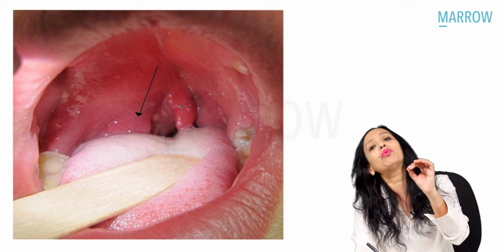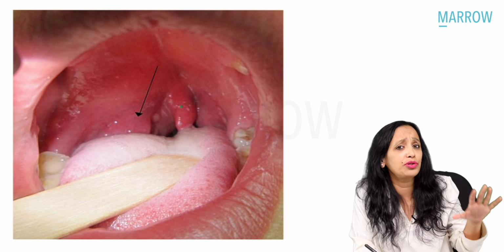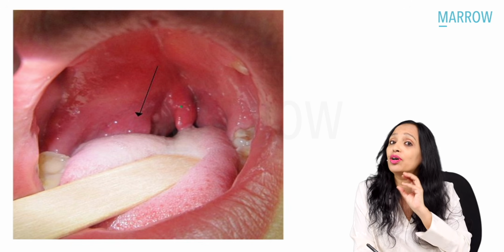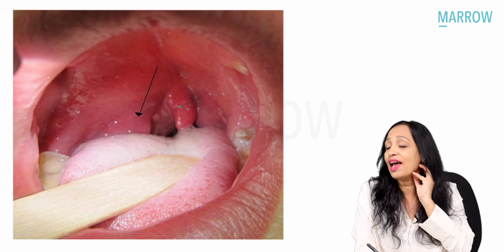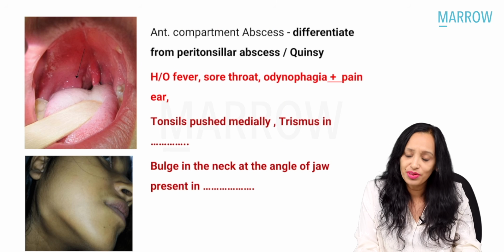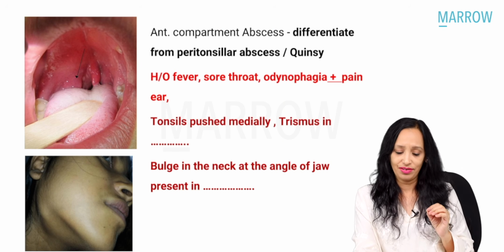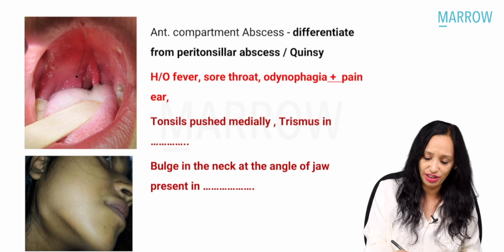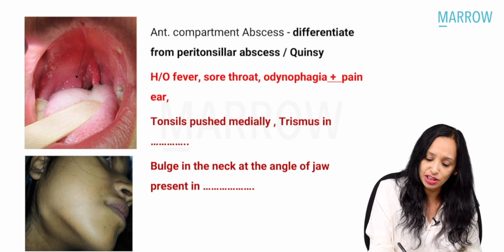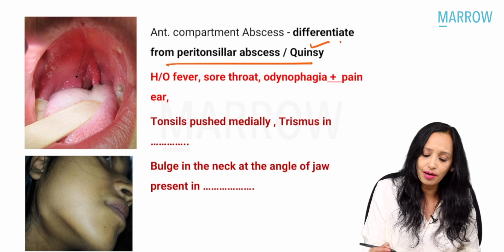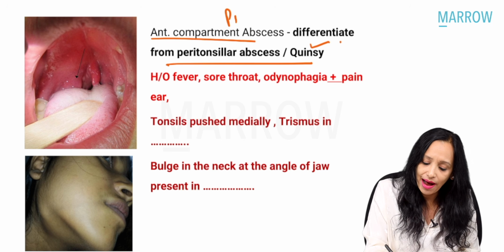Now, let me add one word to the question along with everything that I told you. When you examine, you are also seeing a bulge at the angle of jaw or at the upper border of sternocleidomastoid. Now, the diagnosis changes to a parapharyngeal abscess, right? So that is how you differentiate a peritonsillar abscess, that is quinsy, from an anterior compartment